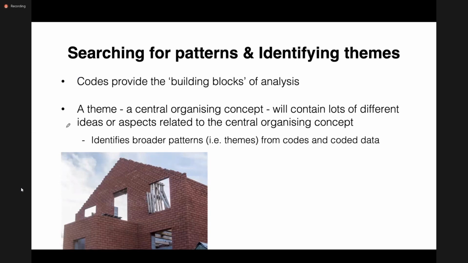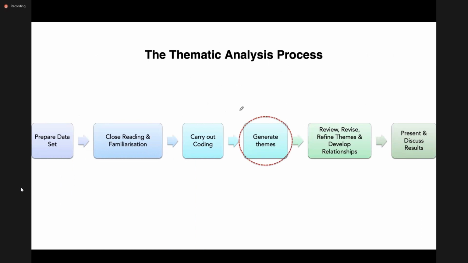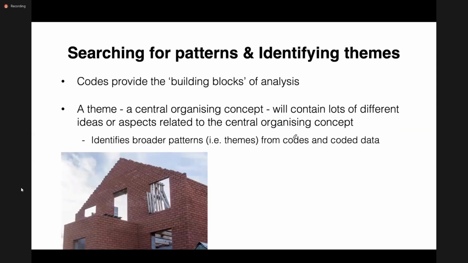And once you have finished your coding process, then you can try and move on to the next step of your thematic analysis process, which is generating themes.